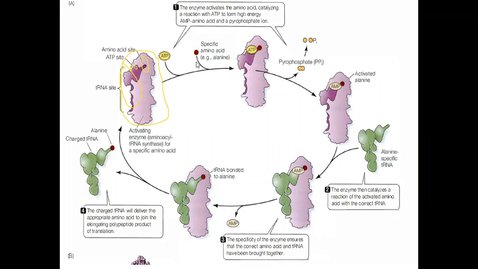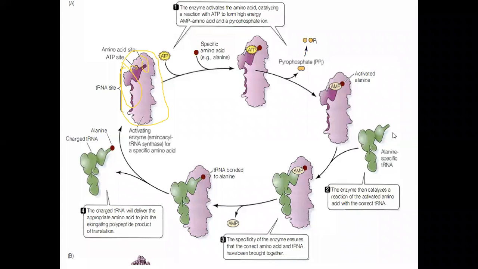Only one of the phosphates is actually needed for this process, and so the other two are given off as pyrophosphate, or two phosphates, as you can see in the illustration here. And so when pyrophosphate is given off, AMP remains, right? So together the two and the one make up the ATP. So after this happens, we say that the alanine is activated, it is ready to be charged onto the transfer